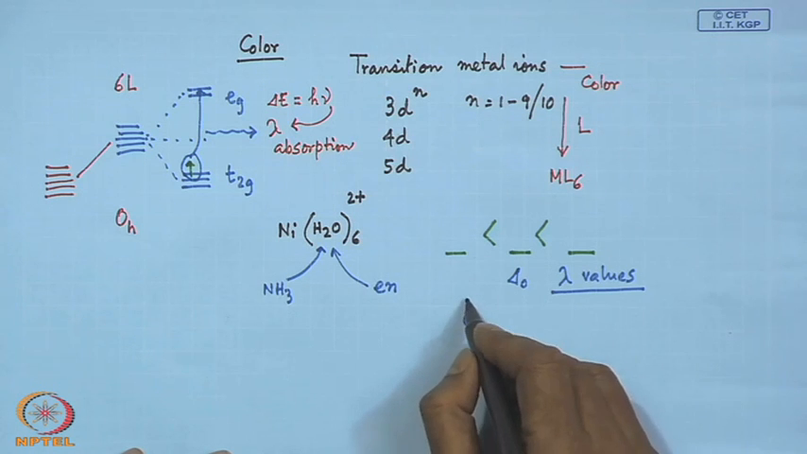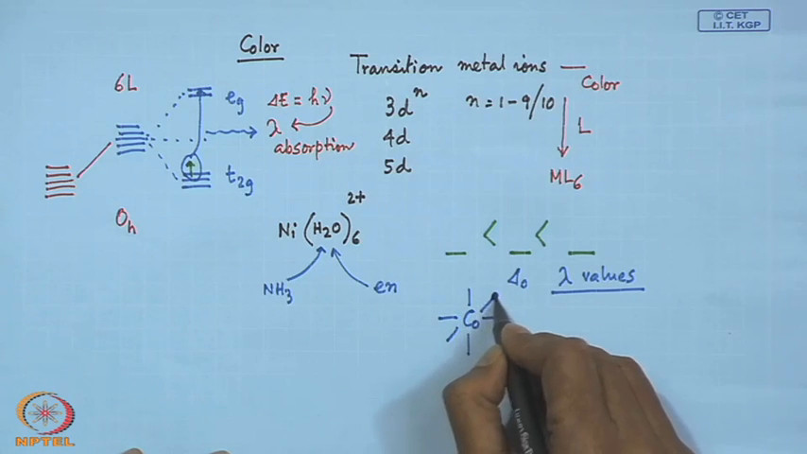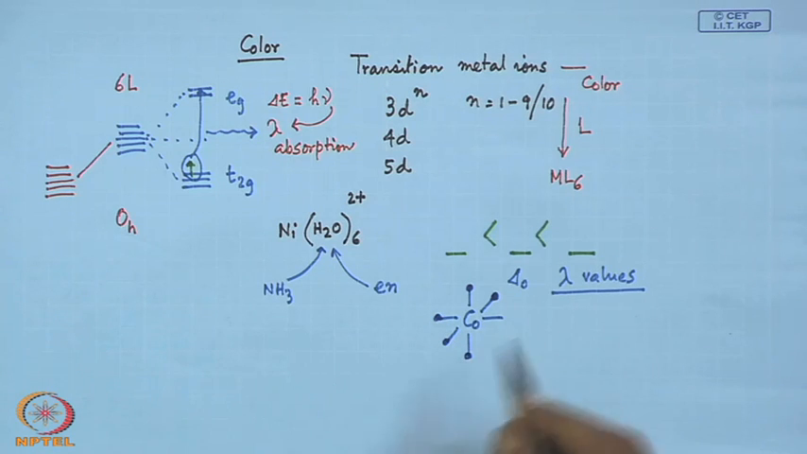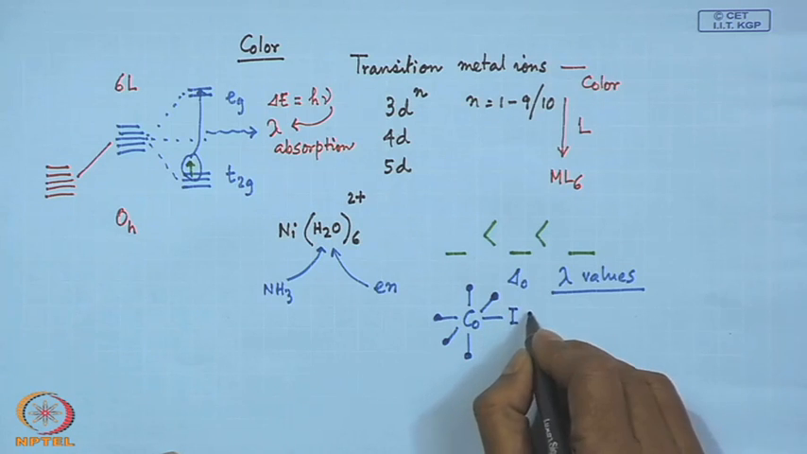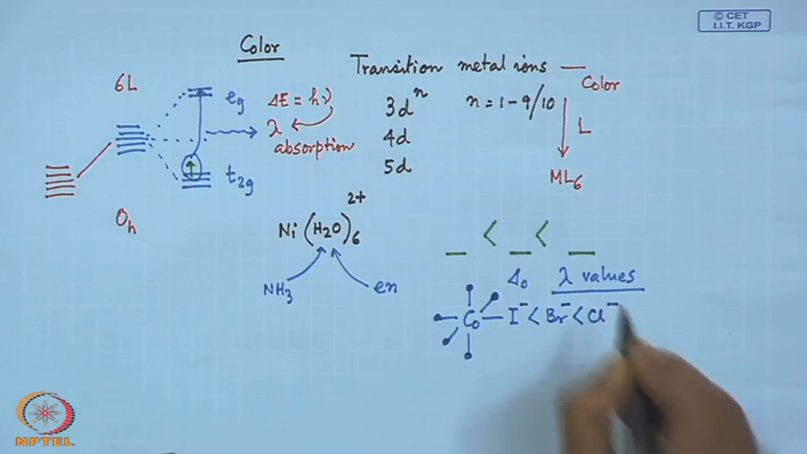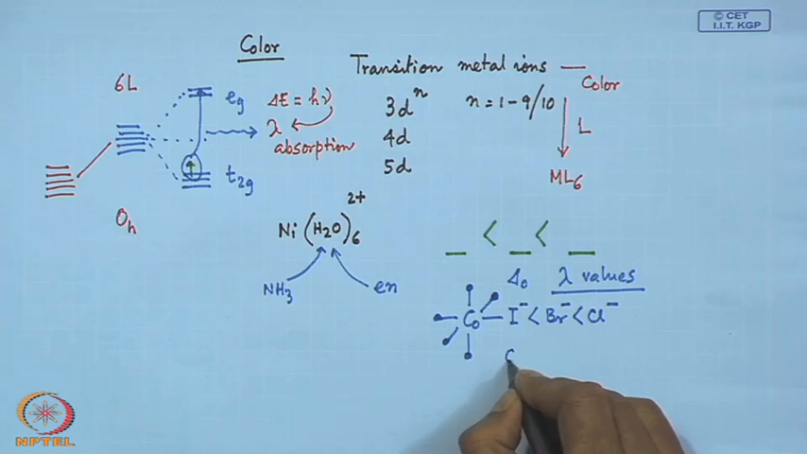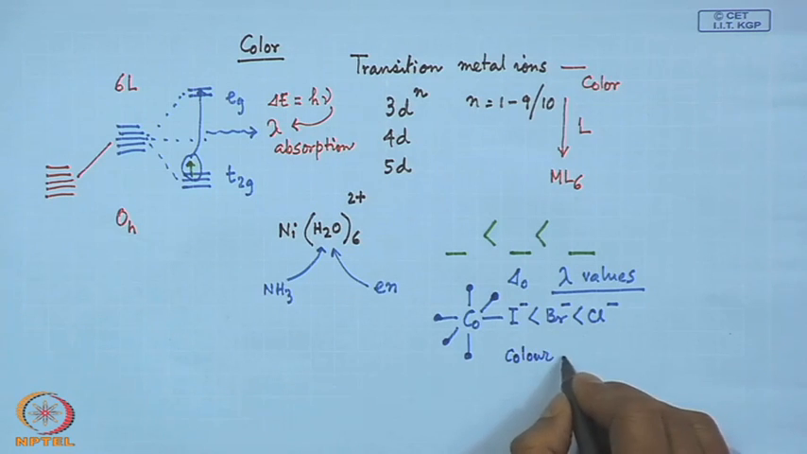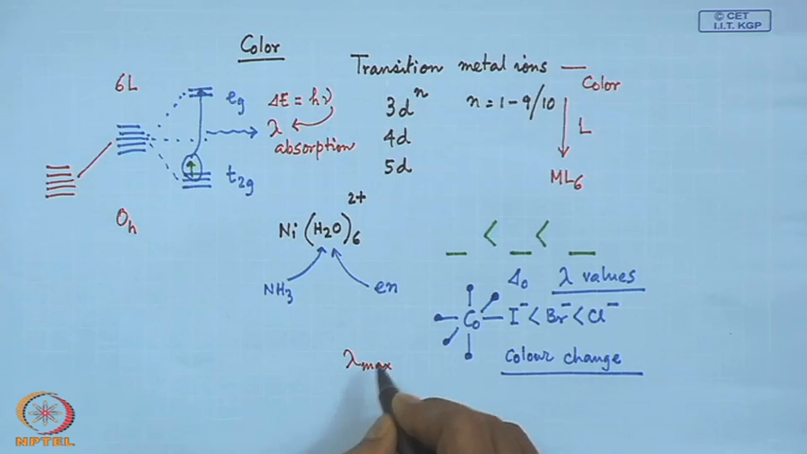So, cobalt is there, and these positions are occupied by ammonia, and what we are simply trying to monitor is that we have this iodide, then we can have Br, then we can have Cl, and we notice the color of the solid compound, and in the solution we see the color change, and from there we can see the lambda max values for the different amounts